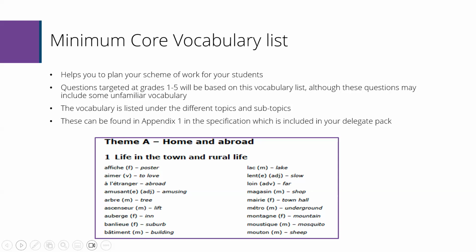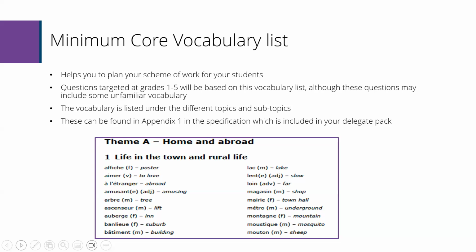So that helps you to plan your scheme of work for your students. And questions targeted at grades 1 to 5 are based on this vocabulary list, although these questions may include some unfamiliar vocabulary. So keep in mind that at the beginning of the reading and listening paper in particular,